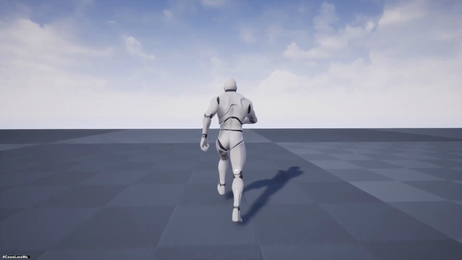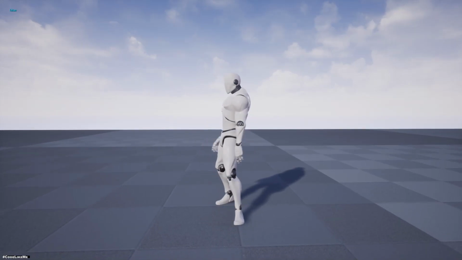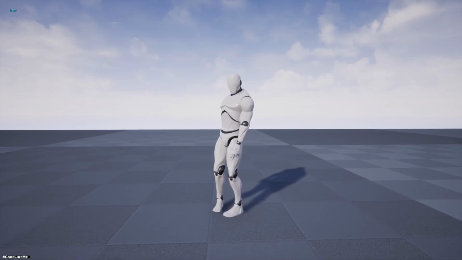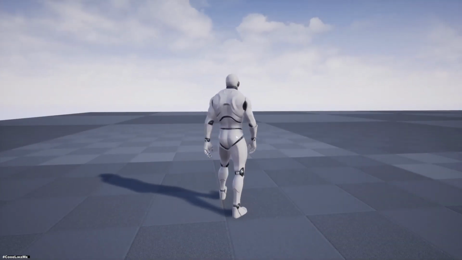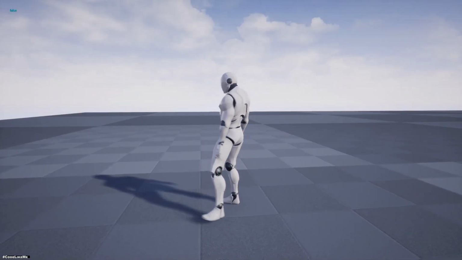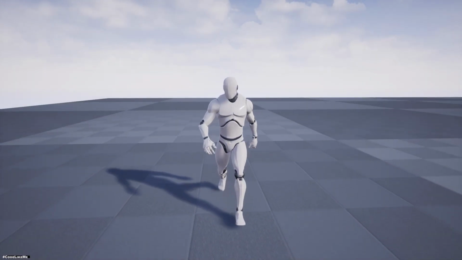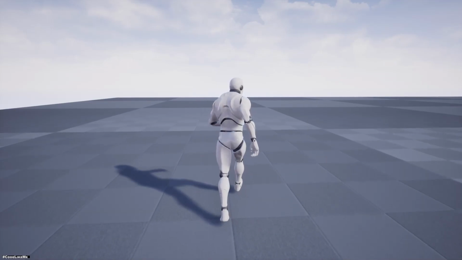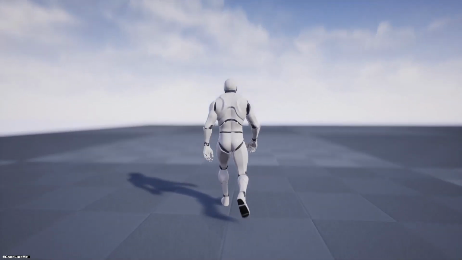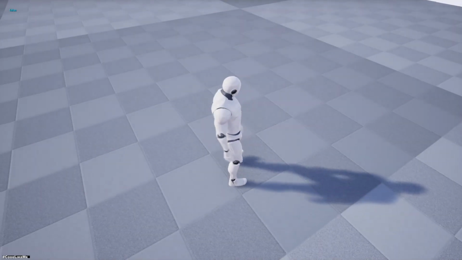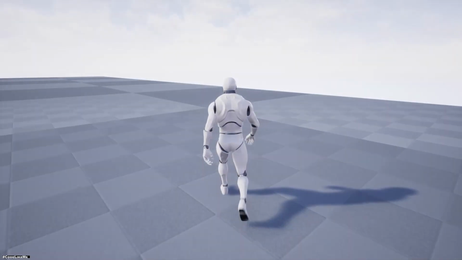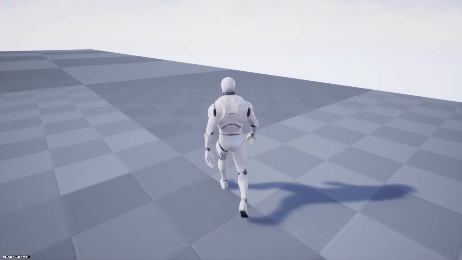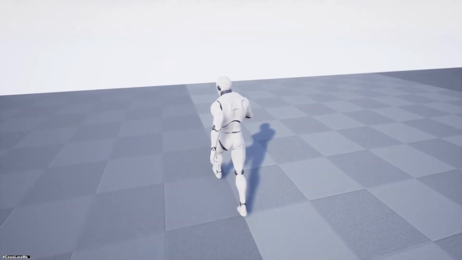So also if I press S now, character turns in place like this, and if I press D, character turns in place like that. Before I start walking, the character turns back, and if I press S, W, the character turns back and starts moving. So everything is based on Rootmotion enabled animations, and that's what I am going to work on